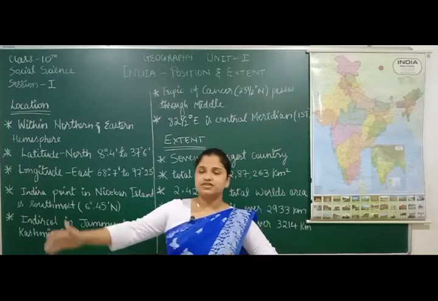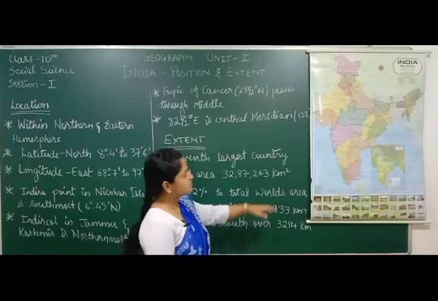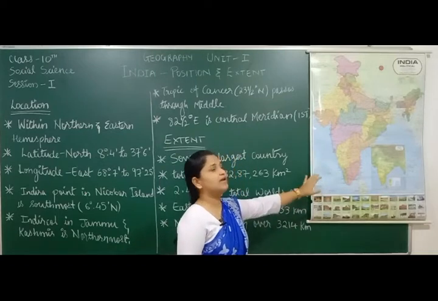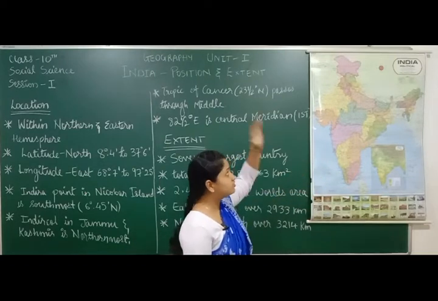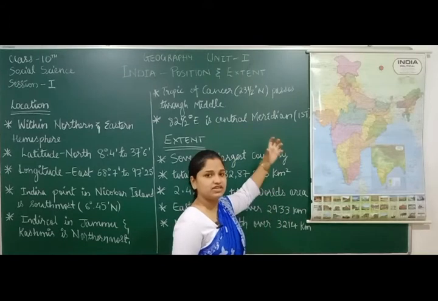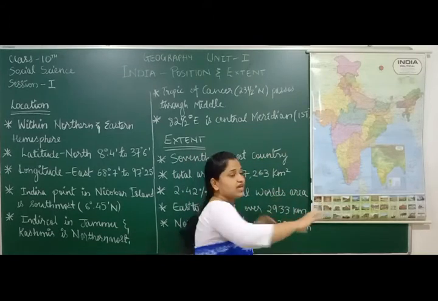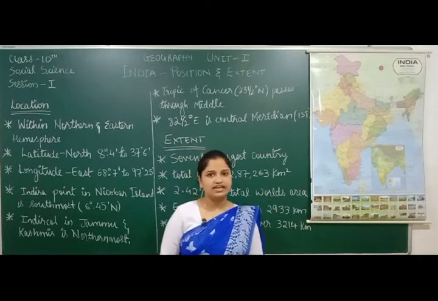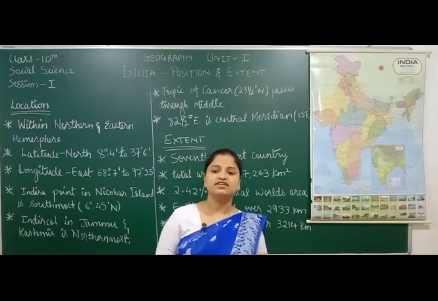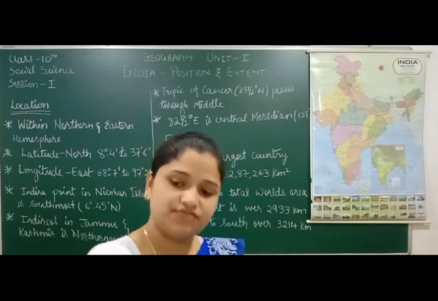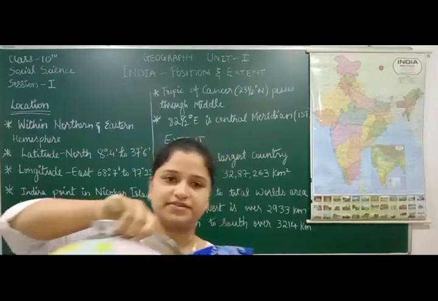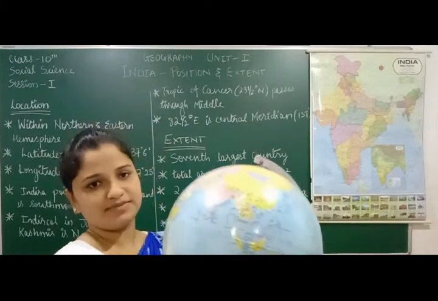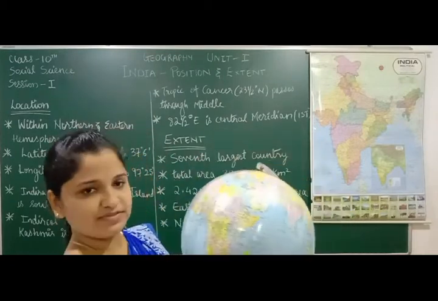Okay, till how long it is extended. You see, I have a map in front of me, besides me. Okay, that is the map of India. So we're going to learn what the extent of India is in the north, south, east, and west, and in the world how the position is given to India. Okay, so first let's learn about India. For that let us use this globe here. So you see, I have a globe in front of me. Okay, is this visible to you? Is the globe clear and visible to you?